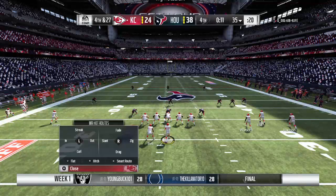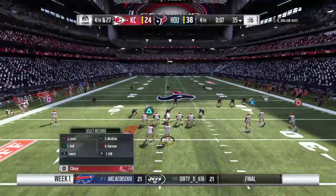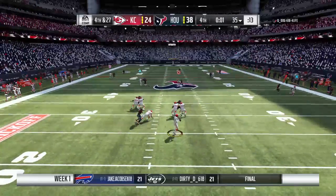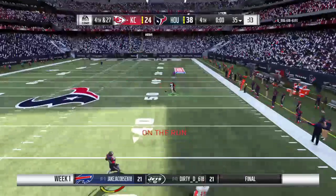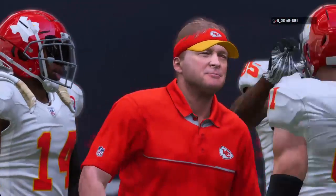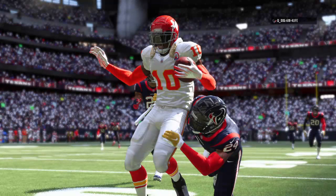Blue 45. Blue 45. Z. One final try from Mahomes. Eluding the pressure right. Able to fight through one tackle. And that will be incomplete as time has run out on this football game. And partner, this first week, this first game that we